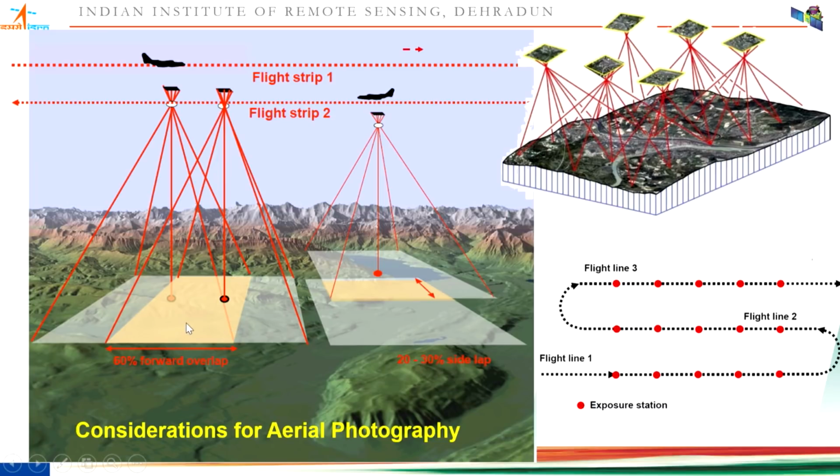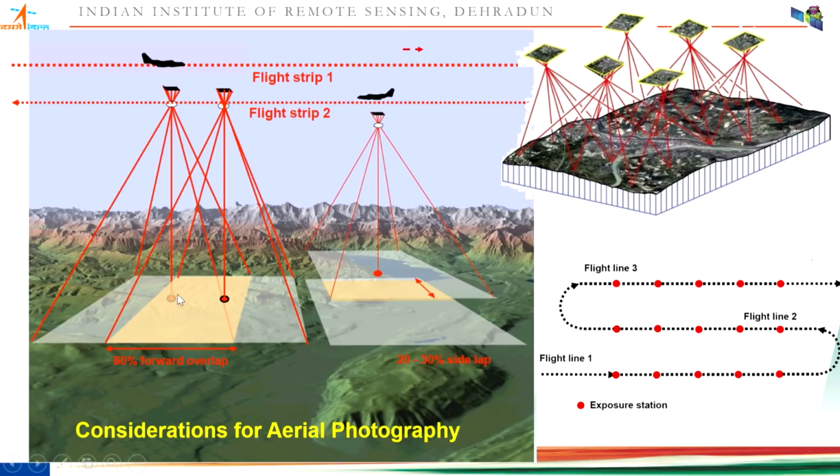If there is no overlap, the 3D model will not be generated. To generate a 3D model, the overlap is necessary because we have to see this area from two different positions. So only this overlap area is seen from two different positions. So no overlap means no 3D model. 60% overlap means 60% stereo model. The third photograph again will have 60% overlap with this, so there would be some overlap between the first photo and the third photograph also. That would help us in stitching these models together.